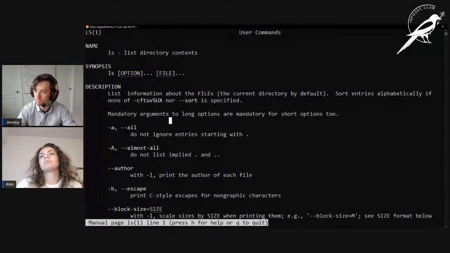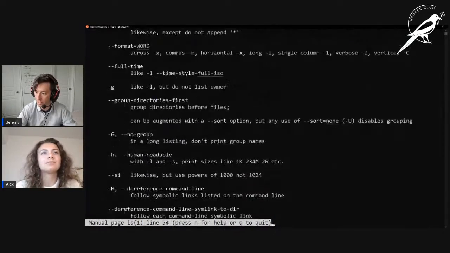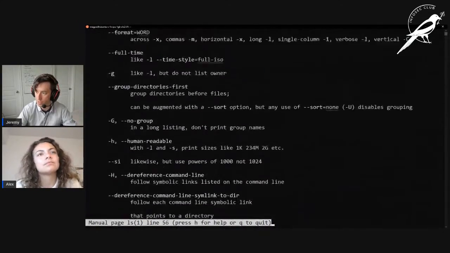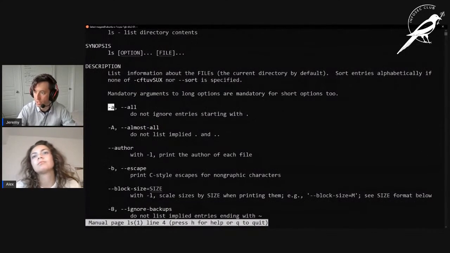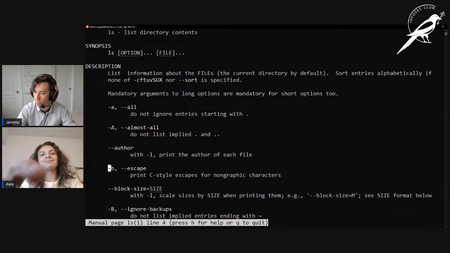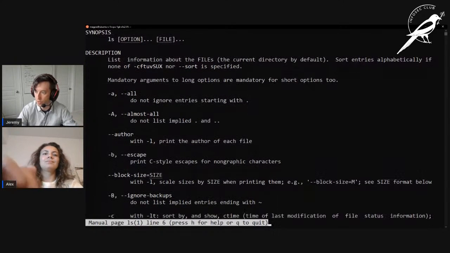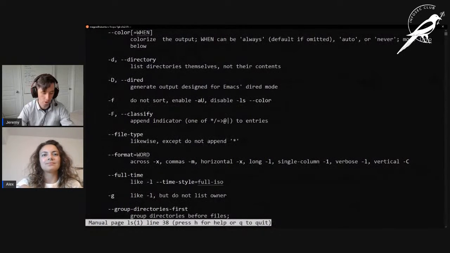This is what the manual looks like for anything in a Linux system. And these right here are the flags that I was talking about. If we use the -a flag, it stands for all. It tells us it doesn't ignore entries starting with a dot. -b is escape. There's all kinds of them. Here's one called author: print the author of each file. So you can do this to learn more about the command.